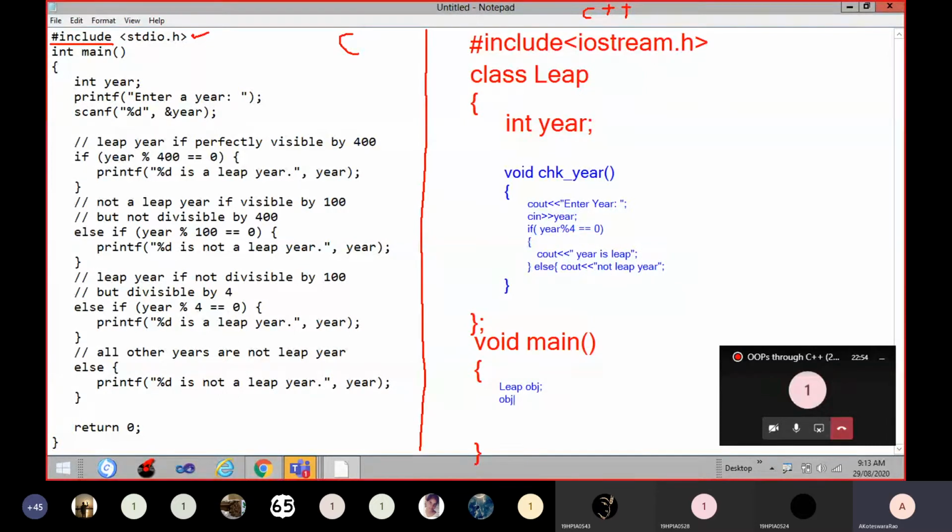So next thing is invocation of the method from the lead class. We will do that activity through the created object for the lead class. Yes, obj dot chk underscore. So this is the function. This is the way to convert a C program into a meaningful C++ program. Understand?